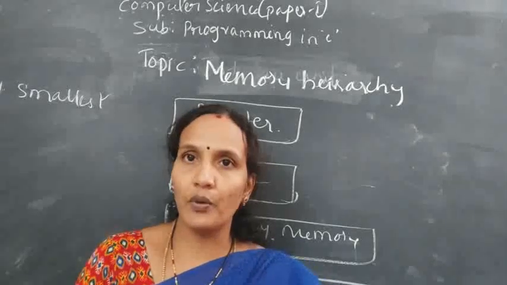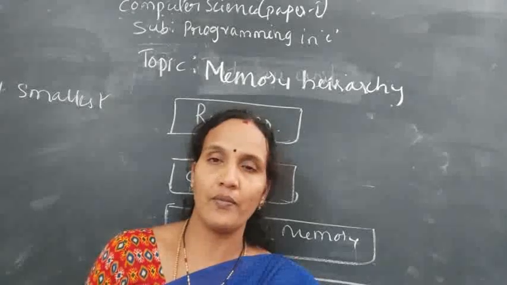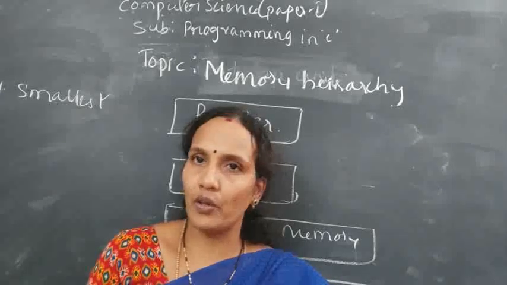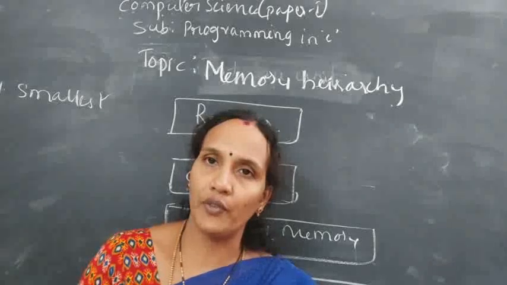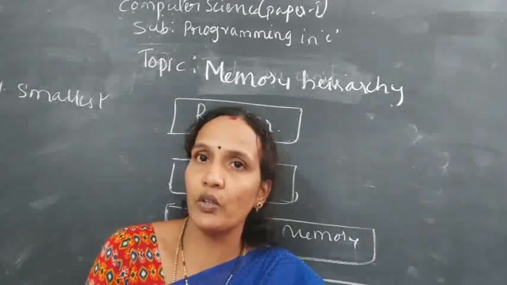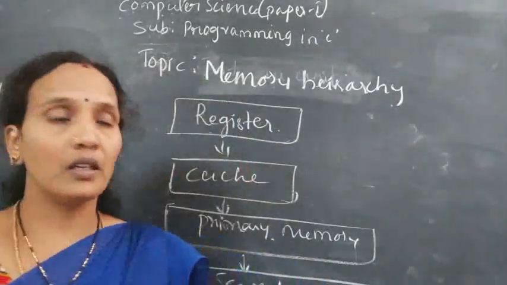And the program counter register contains the information about the next instruction. Okay, so these are the smallest units, but we have a number of units, and each and every register is used to perform some different actions. Okay, which memory unit is very close to the CPU? Registers. Clear?